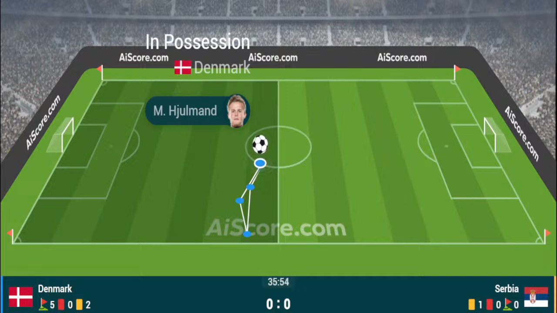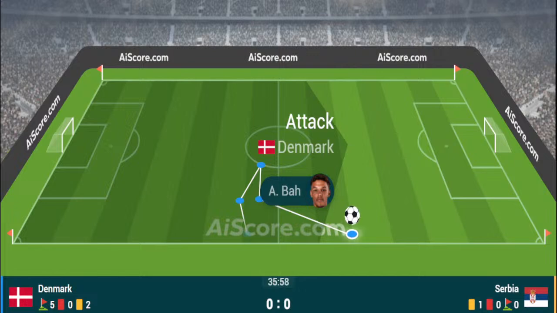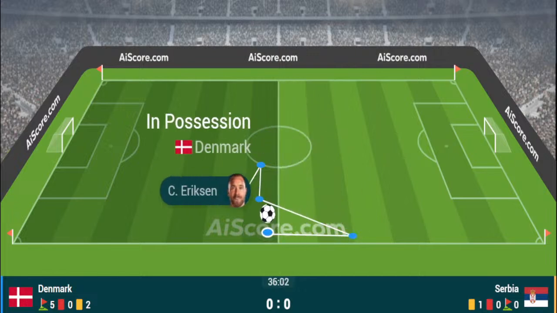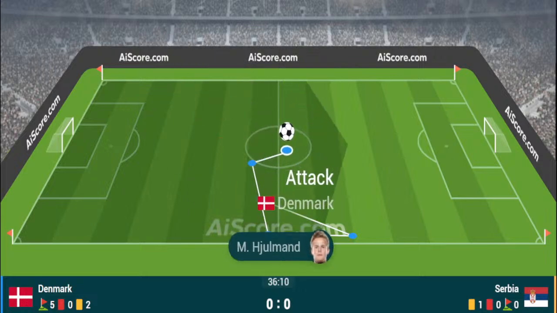It depends how this all plays out. Of course, Denmark would go through as it stands as the second place side, but with Slovenia they would be left watching and wondering. So Denmark 0, Serbia 0 is the score. Denmark have the ball, but they're giving it straight back now to Serbia. A little bit sloppy from the Danes, gathered by Gudel.